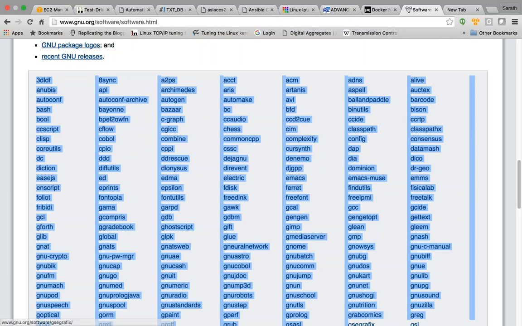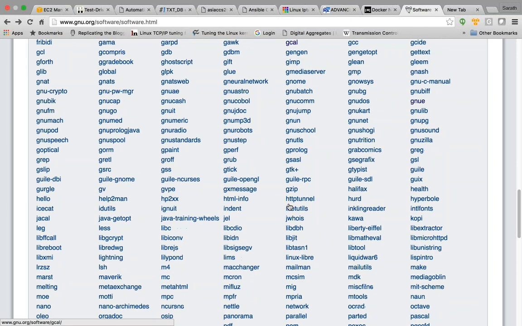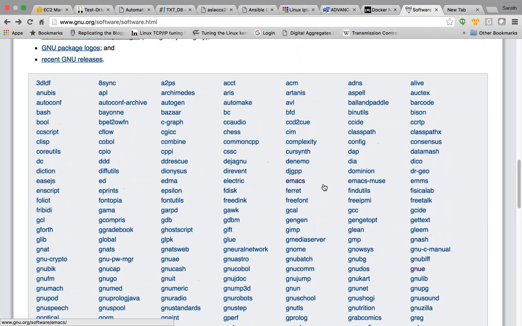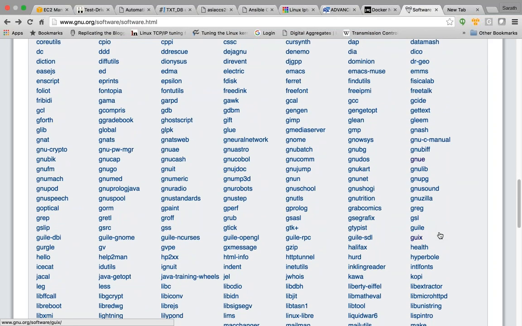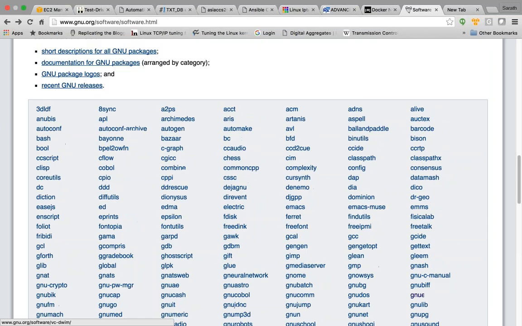Guys, don't forget to have a look at this link. See the number of tools that GNU is providing. Isn't that interesting? Nobody ever remembers this stuff. See, they have arranged it letter-wise. These many tools are actually provided by GNU. Nobody ever cares about who GNU is, and that's pretty unfortunate. We have reached that stage. That's what happens in the industry.